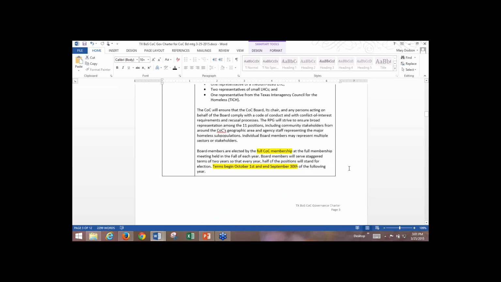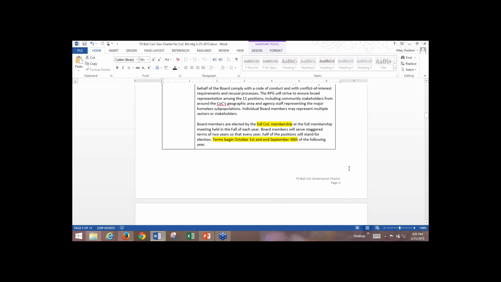Also highlighted in yellow here, you'll see a couple of things that we have talked about changing over the past few months and through our comment period. Board members are elected by the full COC membership at the full membership meeting. We had in there that they would be elected by the coalition representatives, but that's not HUD's intent. HUD's intent is to have the full membership have the opportunity to elect the COC board members. So you all will get an opportunity to do that at the fall general membership meeting if you all approve